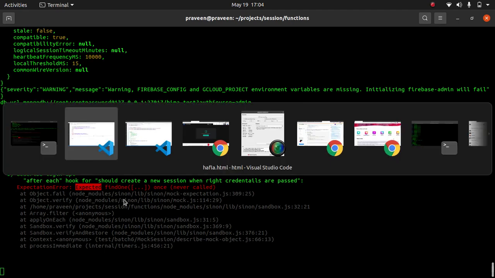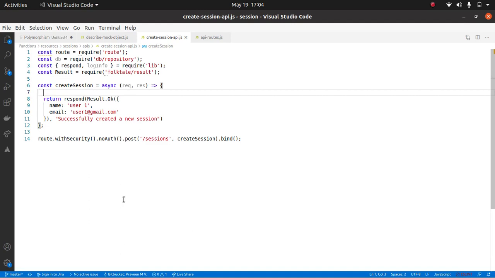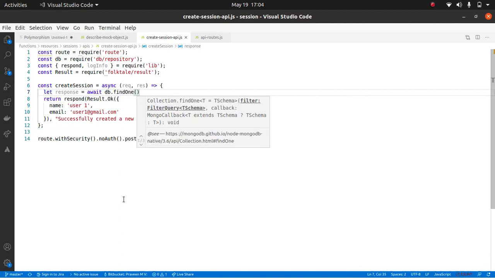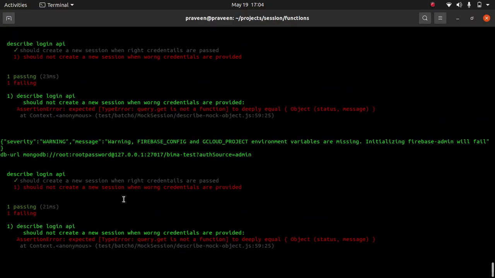Expected this but it was not called. So let us go to our code and we will use this. I'm telling let response from the database equal to await db.find one, and I will not pass anything to it. I just want to make the db pass, correct? So I'm passing an empty object to it.